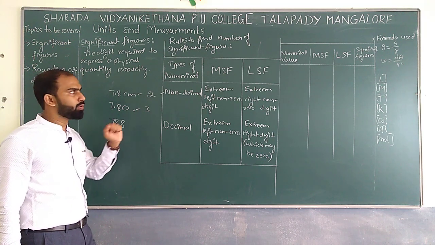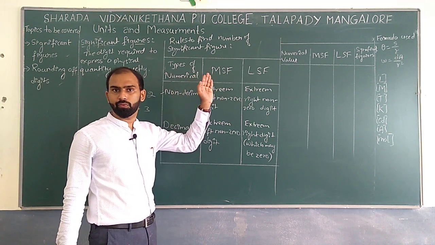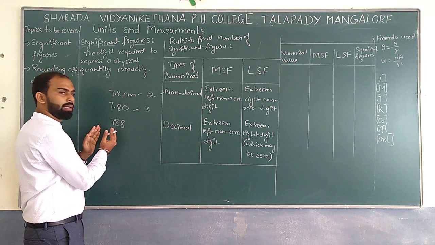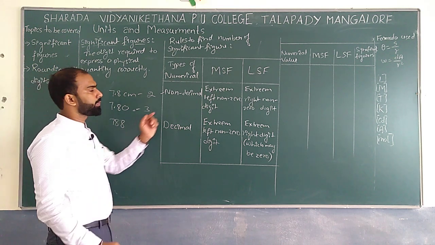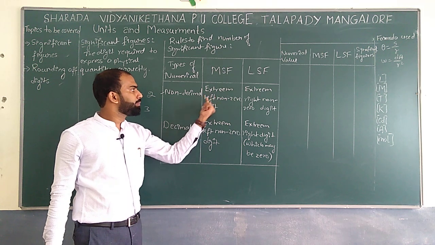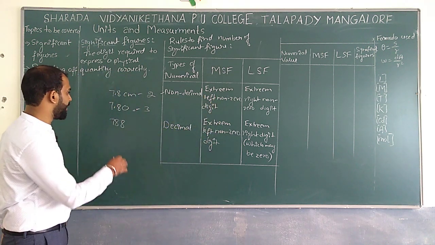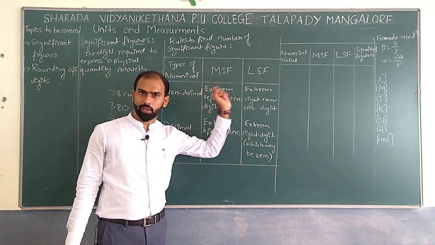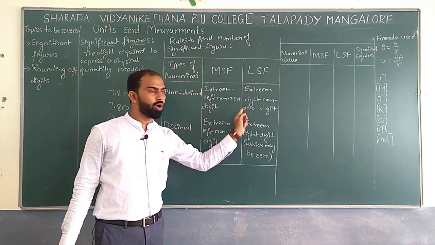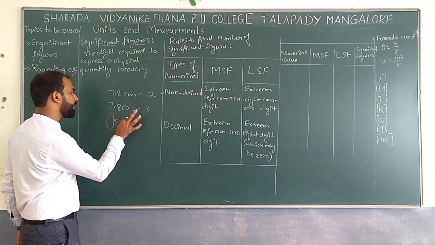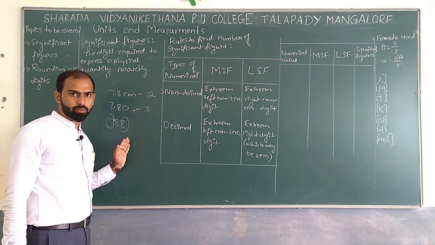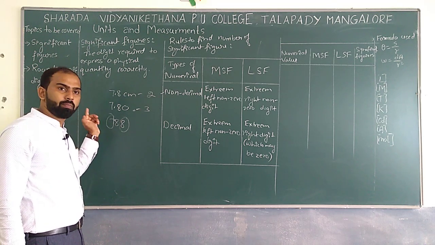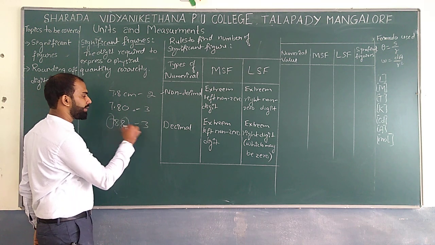If it is a non-decimal value, you have to check MSF. What do you mean by MSF? It is the most significant figure, which is always located at the left corner of the value. That is the extreme left non-zero digit. So what is the MSF value of this? It's 7. How do we get LSF in the given value? That is the extreme right non-zero digit. So altogether, how many significant figures can I expect here? 1, 2, 3 from beginning to end. That is, the significant figure is 3 over here.